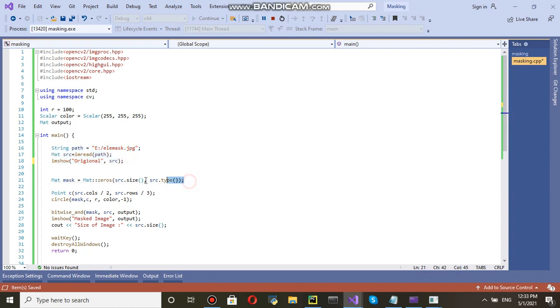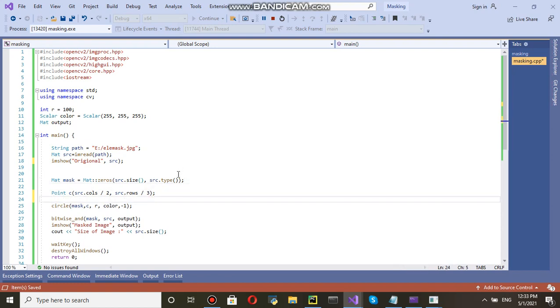And then we have defined a black window. The src dot size is of the same size as the original and the type is also of the original. Now we defined the center of the circle, rows and column, right? First one is height, second one is width, and then mask, circle, color, -1 thickness means it will fill, okay?